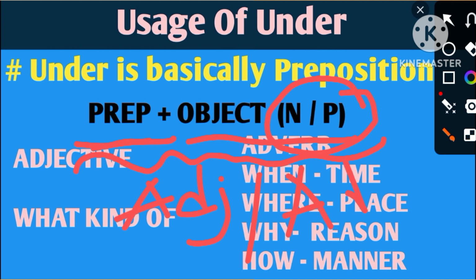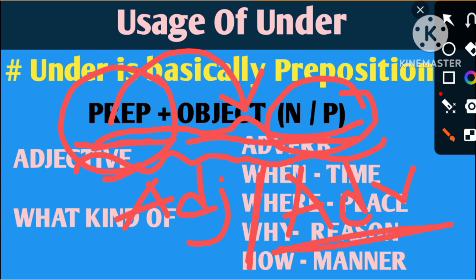This is the basic feature of a preposition, because a preposition, only a preposition, does not convey any meaning. It is the duty of a preposition to take one object and make a prepositional phrase in the sentence, and after that it will act as an adjective or adverb. It is the basic feature. Now my dear friends,